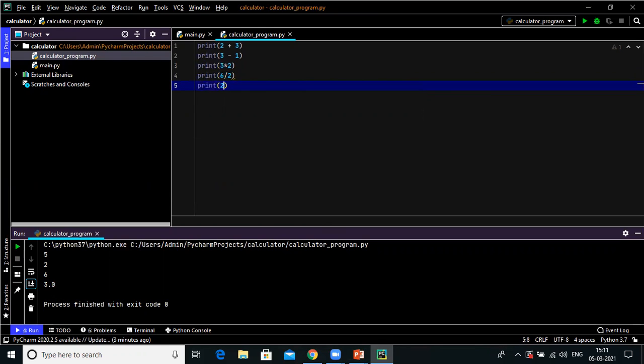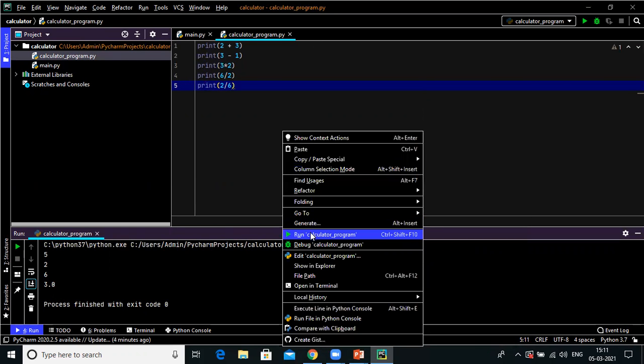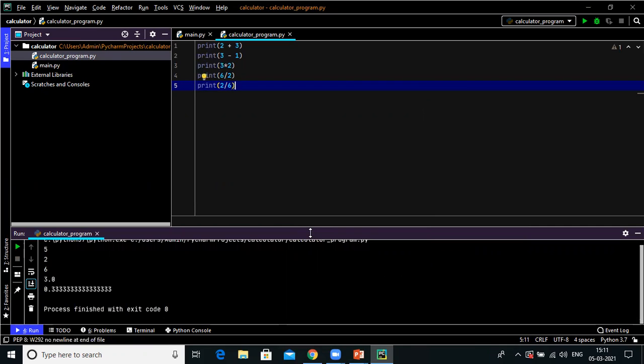Print 2 divided by 6, then again execute my program and see 0.33, means this is in a floating point answer, right? And see, if I want an answer in an integer format, then what will we do?